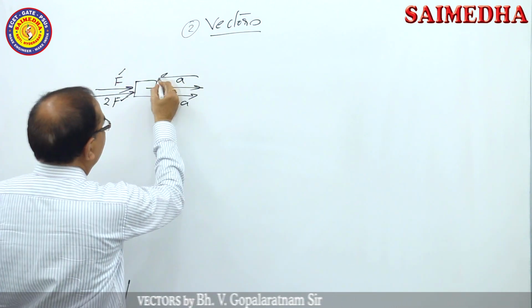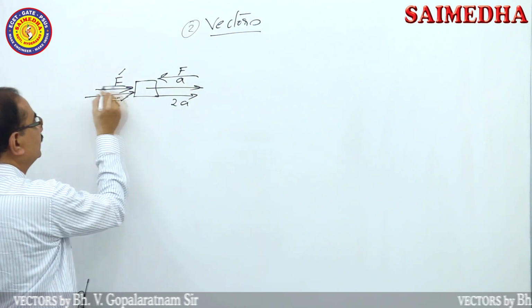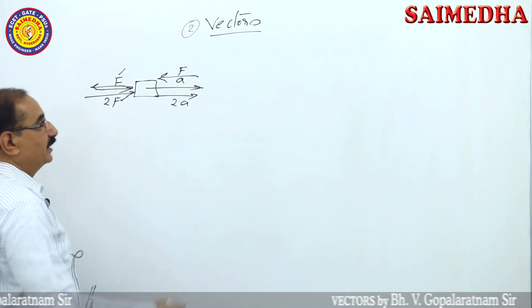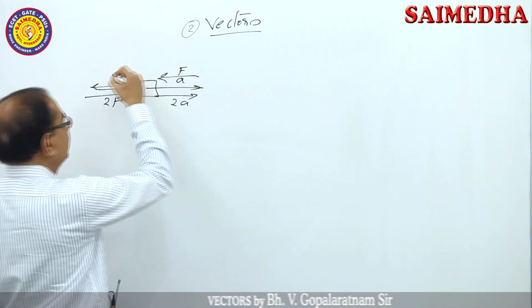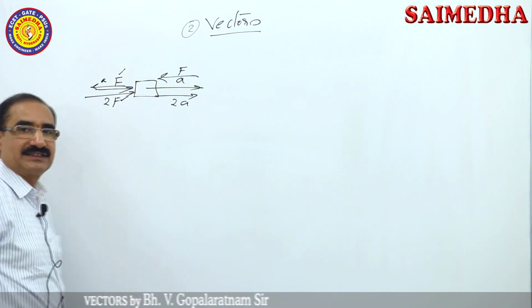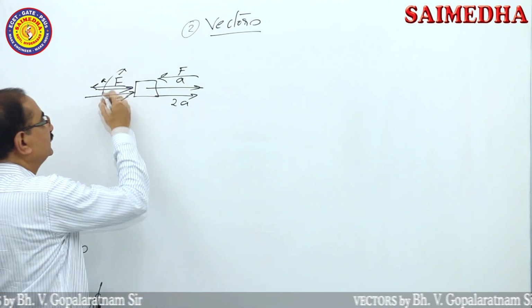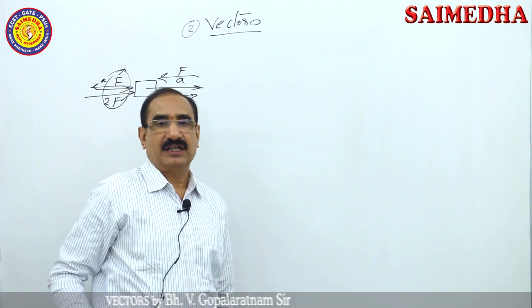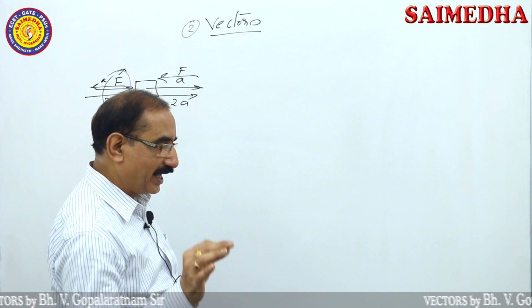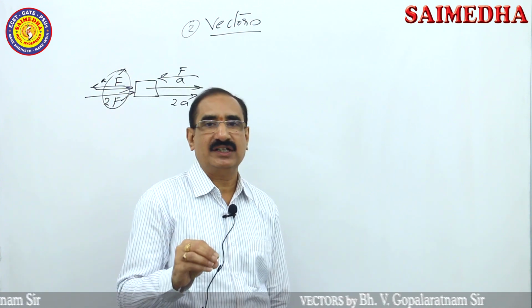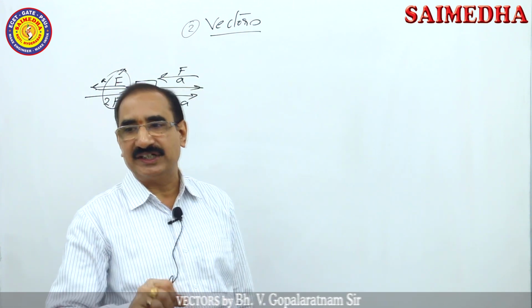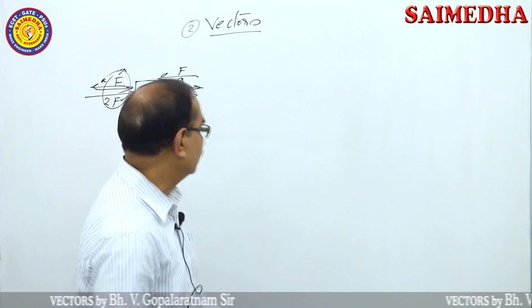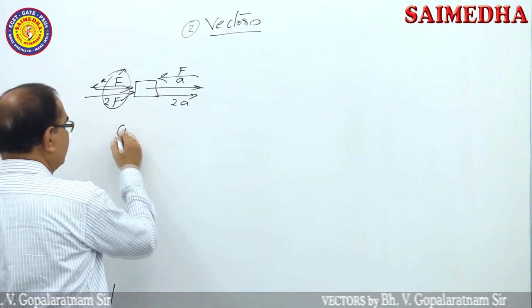Now the force applied in this direction, the acceleration will be in this direction. And according to the direction of force, the direction of acceleration also changes. So force is a physical quantity which has both magnitude and direction. Like that, according to magnitude and direction, the physical quantities are divided into three types, which are vector physical quantities